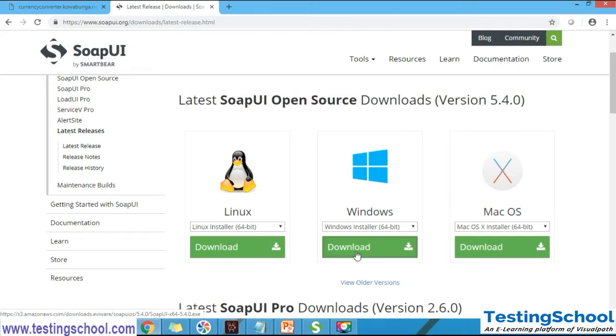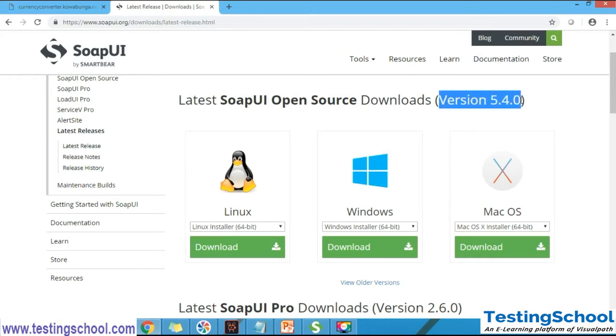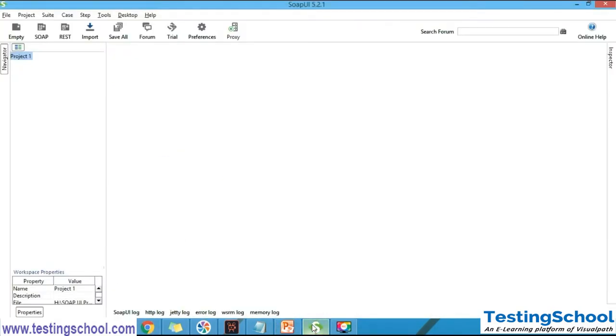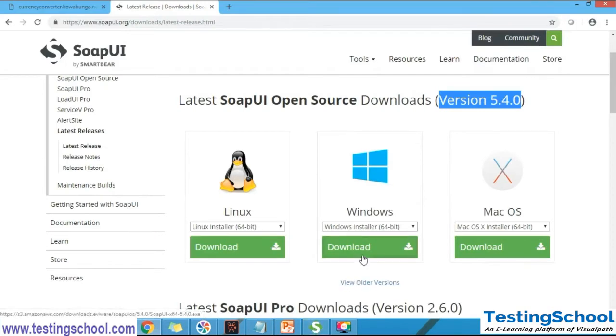So once we click on, for example, the Windows download button, it will download the SOAP-AI free version. The present latest version is 5.4.0. Once downloaded, we need to double click on that software. Because I have already installed it on my machine, I cannot show it. But once you click on the download, it will be downloaded, and once you click on that software,